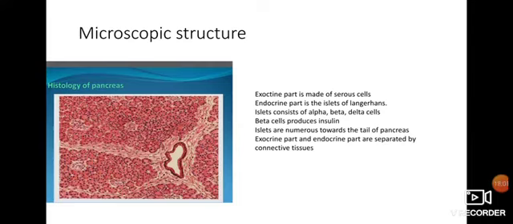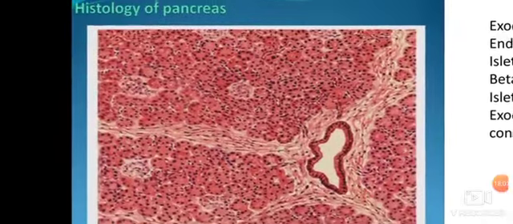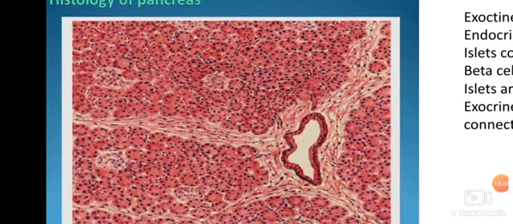Then regarding the microscopic structure, these are the microscopic features of the pancreas. Here you can see both the exocrine and endocrine parts. Exocrine parts are major, the whole small circles, these are the exocrine part. They are serous cells which produce the pancreatic juice. Endocrine parts are scattered among the exocrine. In this picture the dark colored portions are exocrine and the lightly stained areas are